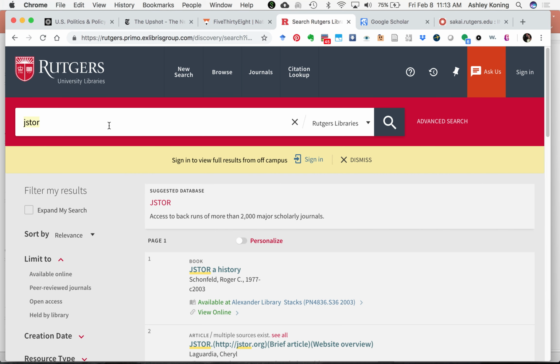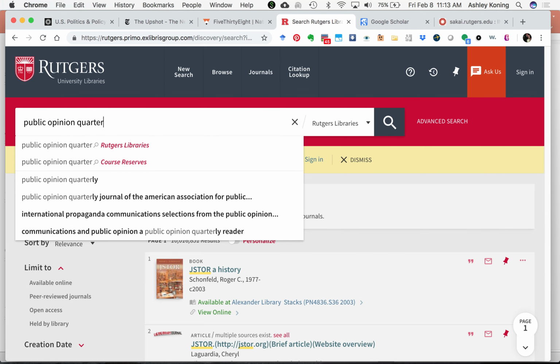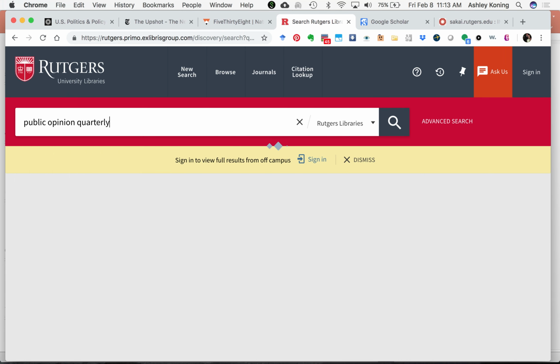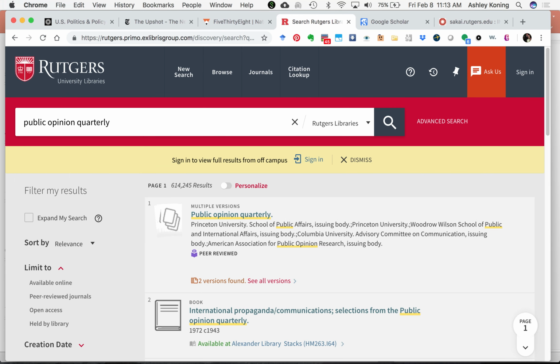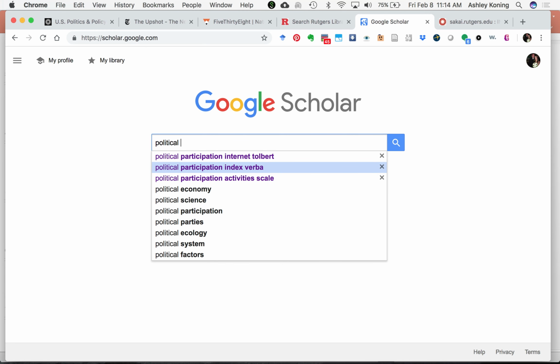So is something called Public Opinion Quarterly. This is the journal of the National Organization of Survey Researchers called AAPOR, the American Association for Public Opinion Research, and it has a lot of great articles with hypotheses that are testable by data sets. And finally, you can use Google Scholar if you want to look for articles that test hypotheses similar to your own, or just type in a subject like politics, let's say political participation.